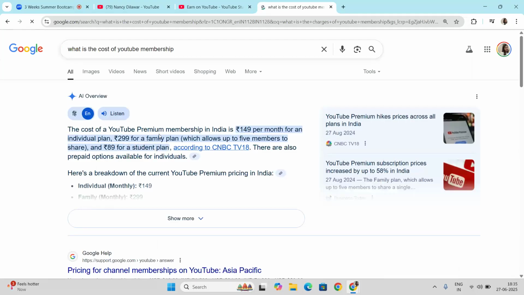The cost of YouTube Premium membership in India is 149 per month for an individual plan, 299 for a family plan, up to 5 members can be added, and 89 for a student plan. So this is the membership plan actually.